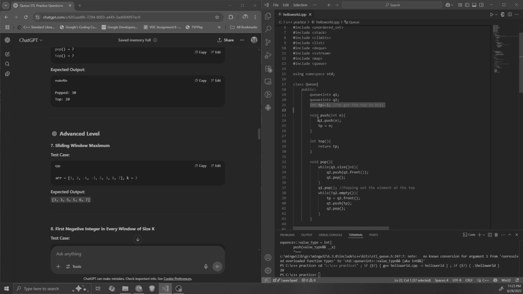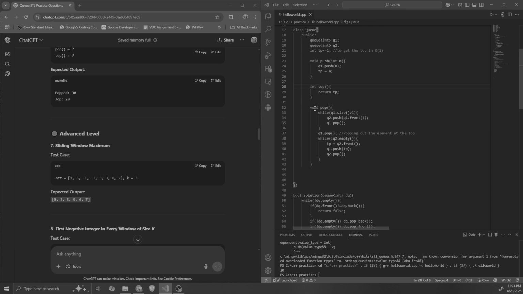Anyways, so what you do is whenever you want to push the element, you just push the newest element to the first queue and you update the top element as TP, which is going to be equal to n. When you want to return the top, you will just return TP, and whenever you pop, what you are going